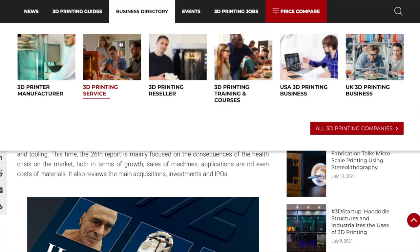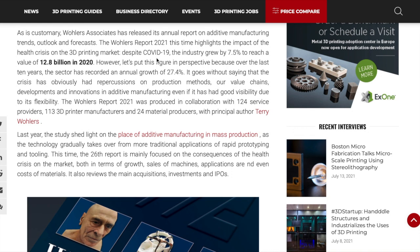And you can see here in this article, it talks about the Wohlers report and how despite COVID-19, the industry grew by 7.5% in value overall, which matches with Desktop Metals' investor presentation. They were expecting 12 billion for 2020. And you can see here it's almost pushing 13 billion. In an environment where there were a lot of challenges, I think to see this type of growth still speaks volumes to the industry. So the sector has recorded an annual growth of